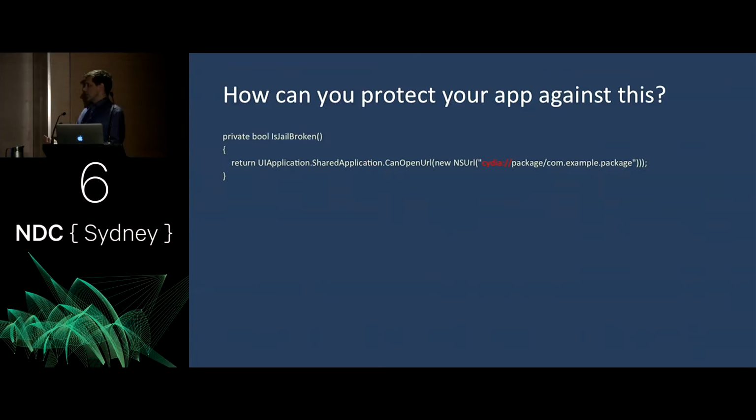Because the ideal is if someone's managed to hack your app and get it to run on a jailbroken phone, they'll feel really pleased with themselves. They get up the next morning, try again, and it doesn't work. They're back to square one. You also want to make sure that anything that you're doing, the ideal is that it is different with each build. So if somebody managed to hack one version of the app, that hack is useless as soon as you issue an update.